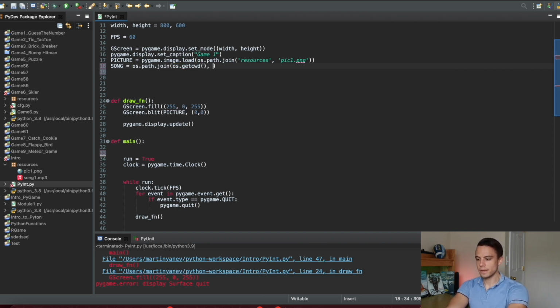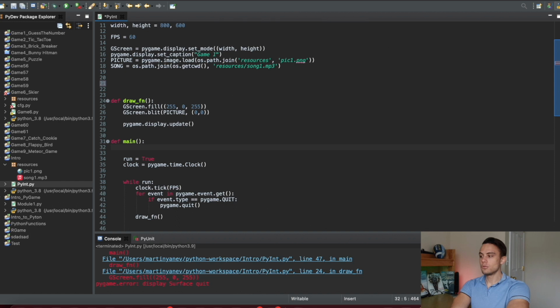resources slash song1.mp3, which is the name of the song, and I think the slash representation looks way better compared to the previous one. So now you know both techniques and you can use either of them in order to add files inside your PyGame. So now once we have the song in the main class,